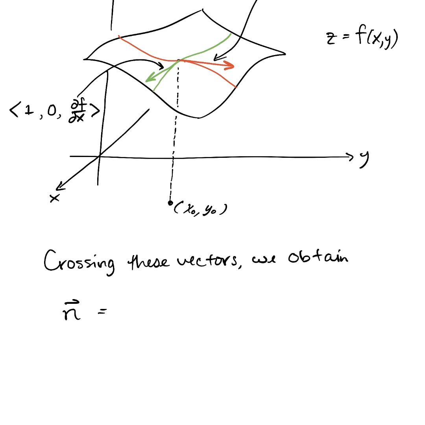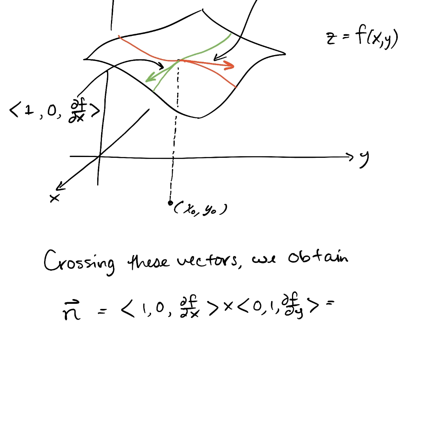You guys are going to cross those two vectors. So 1, 0, df dx, cross 0, 1, df dy. So you got to reach into the Math 143 Calc 3 toolkit there and cross those